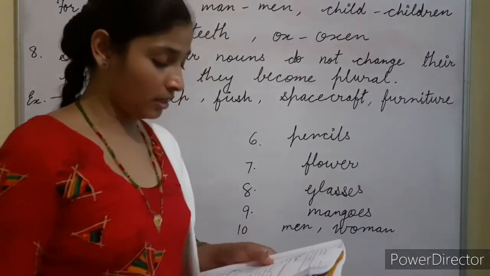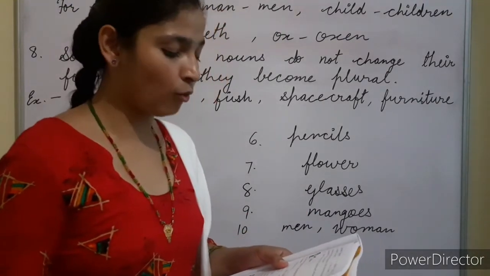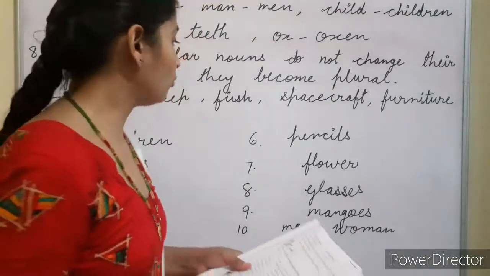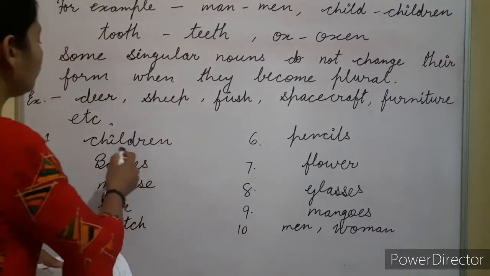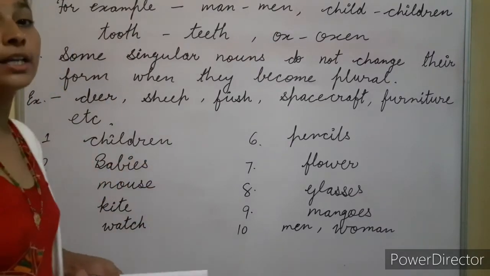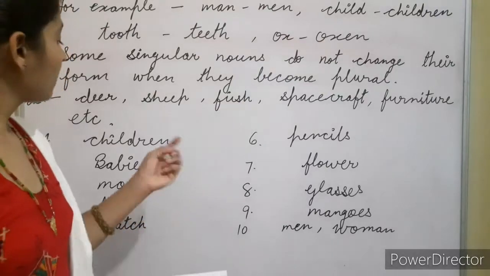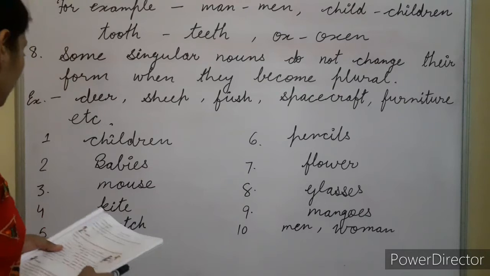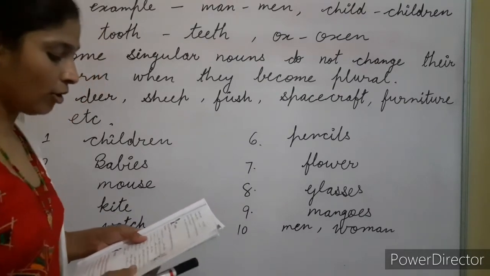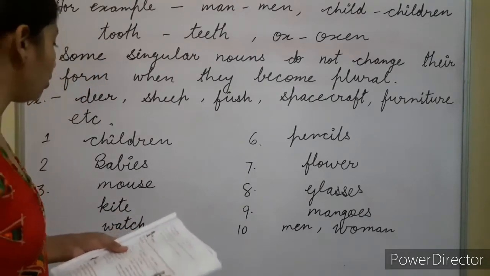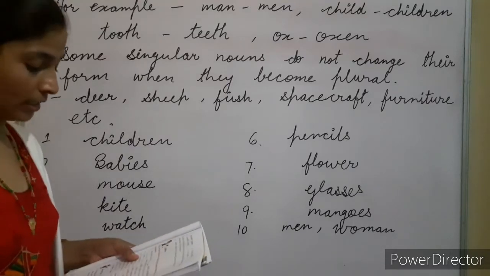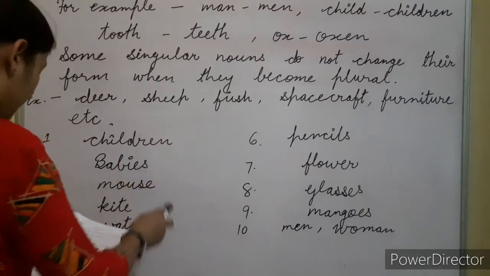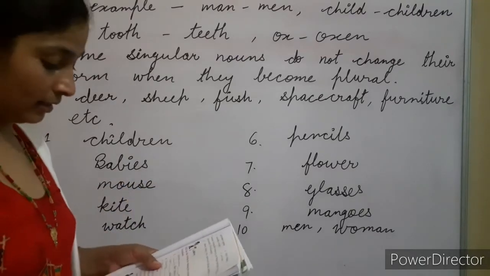First sentence is, Mrs. San has 4 blank. Noun is child or children. So what will you put here, children? You will fill here children because you are getting 4 means plural form. So you have to write here a plural noun. Next is second. Blank love playing with rattles. So baby and babies words you are getting. यहाँ आपको baby और babies words मिले हैं. So what will you put here? Babies love playing with rattles.